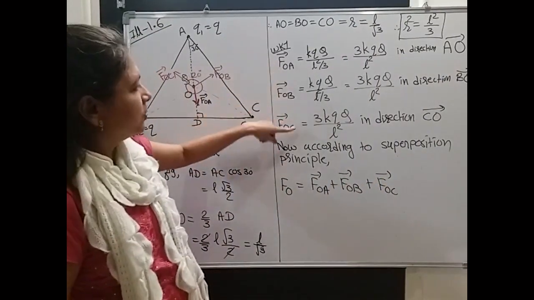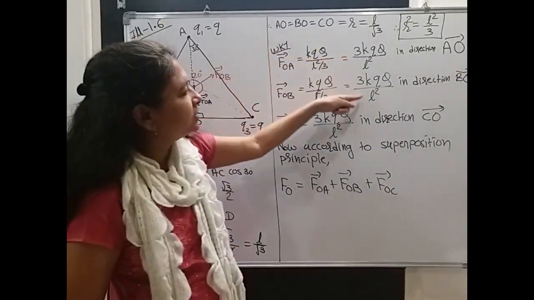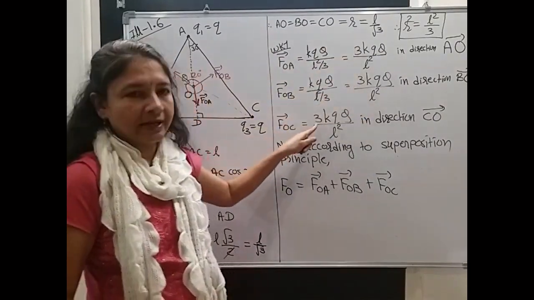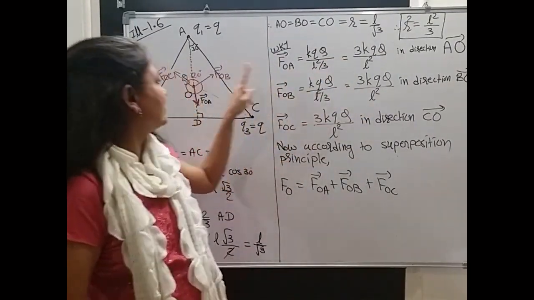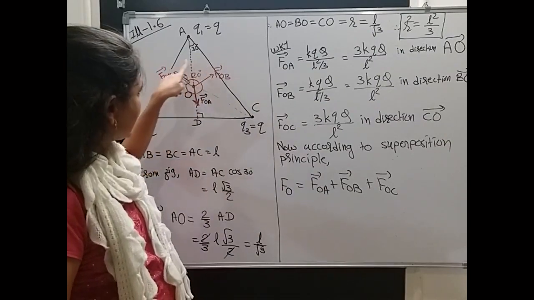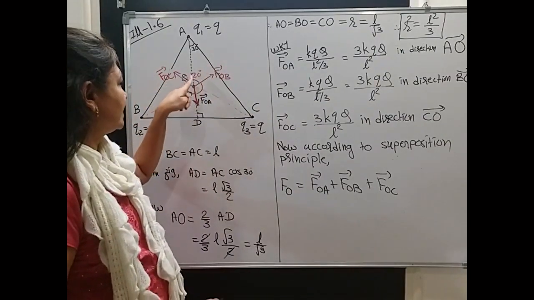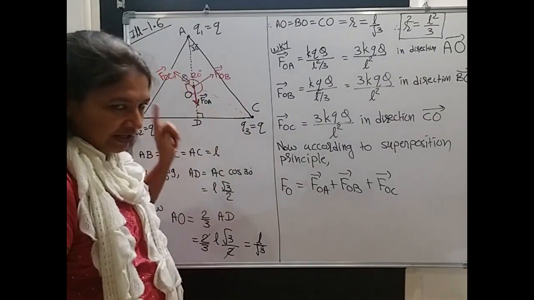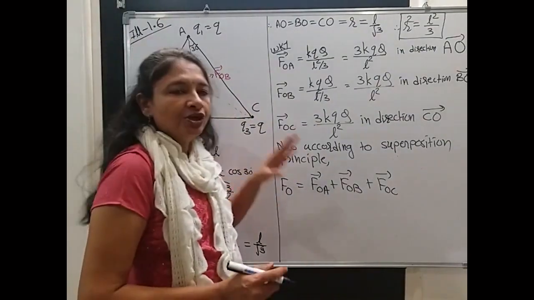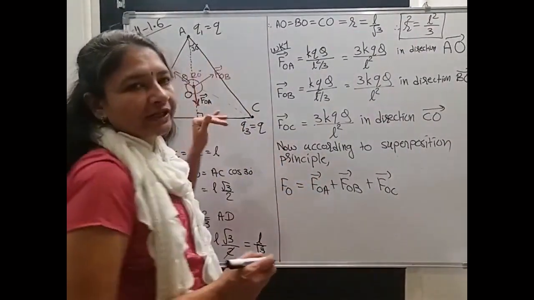Now here you can see that all three forces have the same magnitude. So three vectors having the same magnitude are at an angle of 120 degrees to each other. So if I use the method of vector addition,